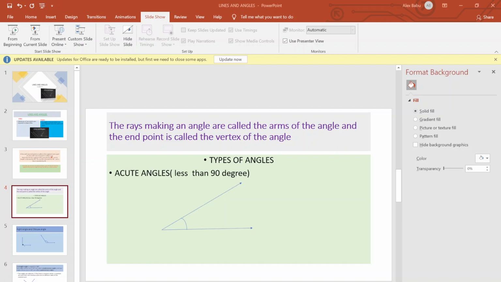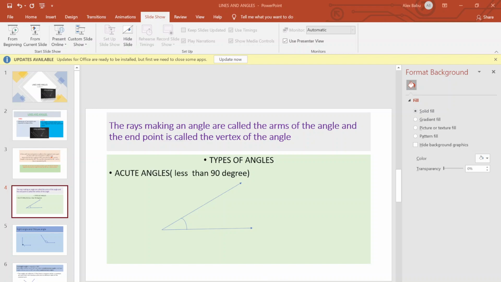For lines, we can say that a minimum of 2 points are required to draw a line. From this we can see there is a two-headed arrow, in which we need 2 points to make the line. In the case of an angle, an angle is formed when two rays originate from the same endpoint. We can see that the two rays are originating from a common point. This point can be called a vertex. The angle is formed between them. This one we can call an acute angle, and the other an obtuse angle. And we all know the angle around a point is 360 degrees.